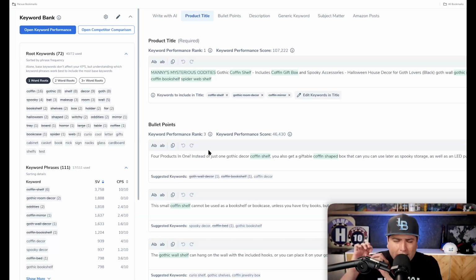As I'm writing the blog, that score will change based on if I'm using the right keywords, how many times I have the keywords, where I have them, and different things like that. So I thought, this is something that a lot of our customers are asking for. And the fact is that nobody knows the exact formula of how the Amazon algorithm works.